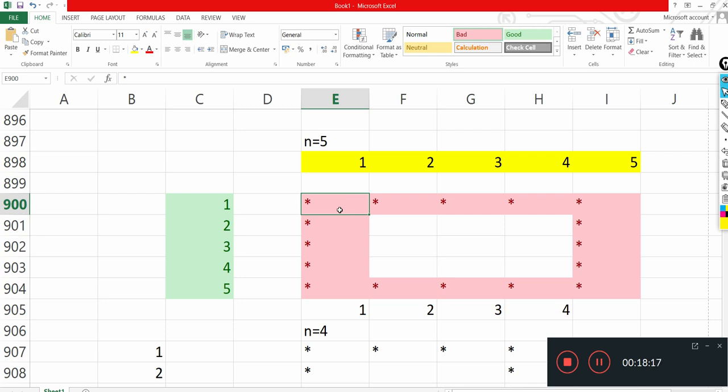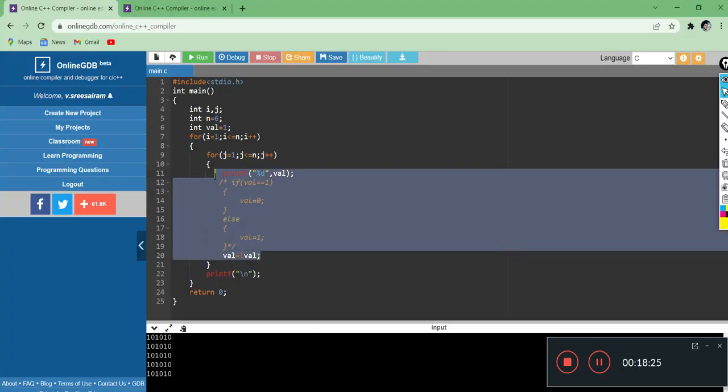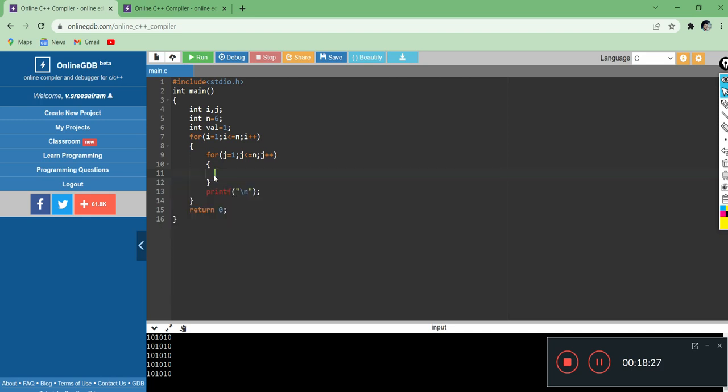Okay, so I hope you have tried this question. So let us now move on to the solution part, guys. Again, it is the same nested for loop that we are going to have over here. I am not going to make any change to it. So what I am going to do over here is